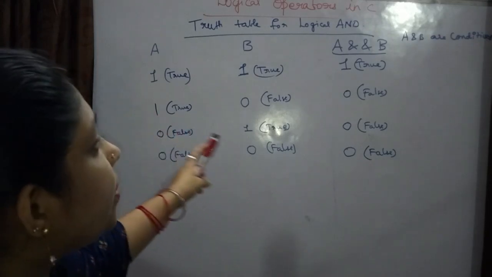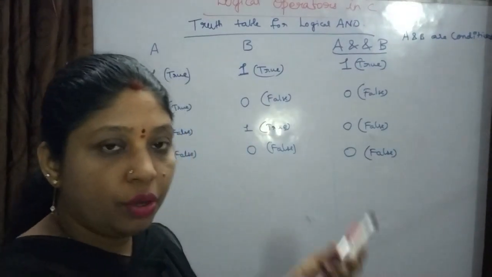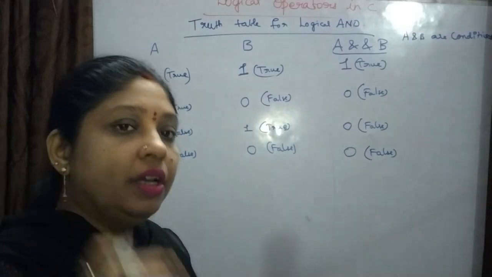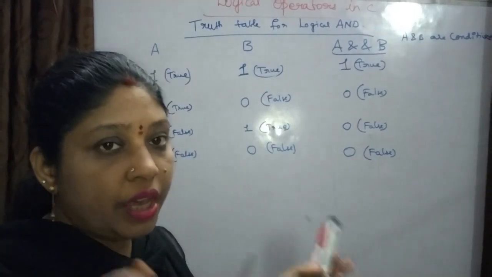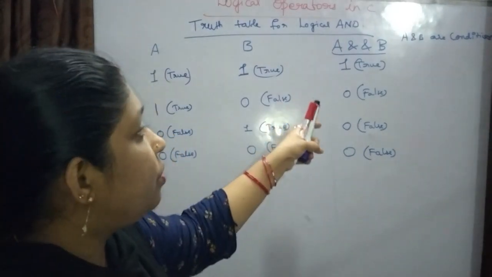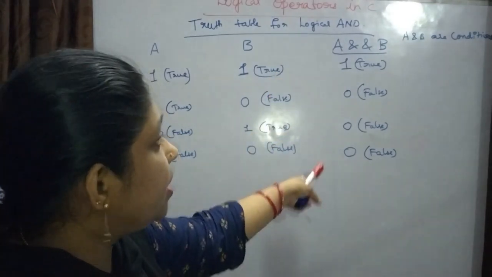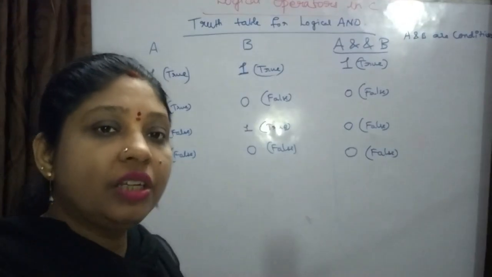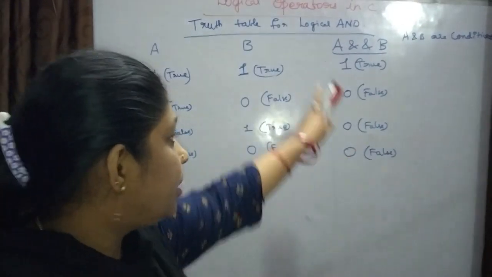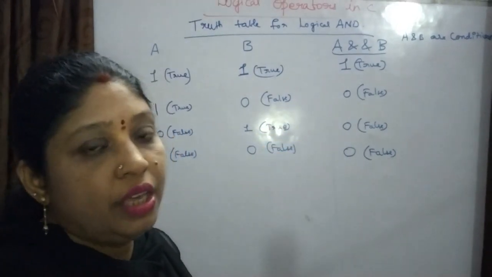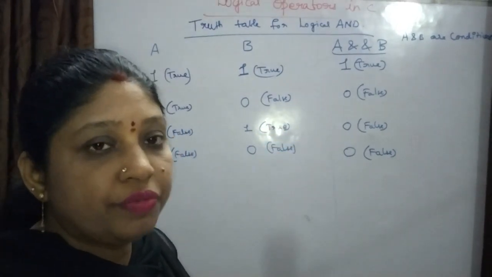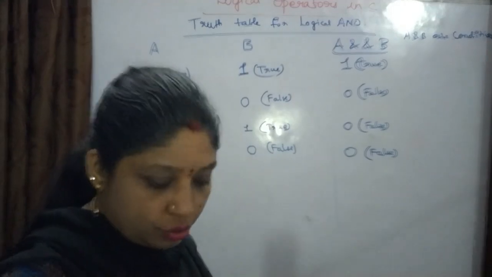So only if all the component conditions of the logical and operator are true will the result be true. Otherwise, if any one of the conditions is false, the result will be false. Okay, so this is the truth table of the logical and. Next, the truth table will be